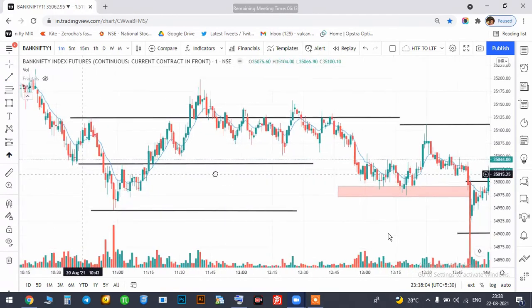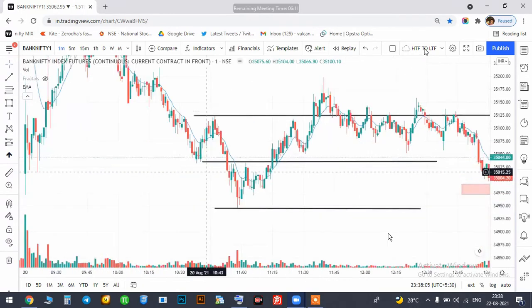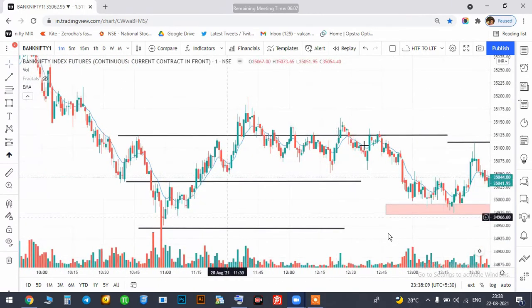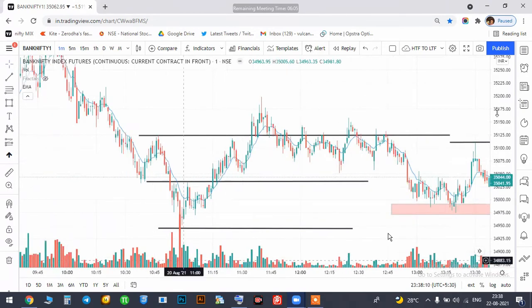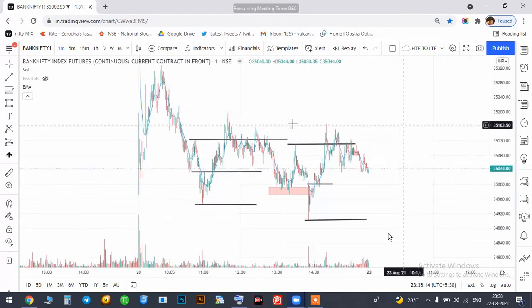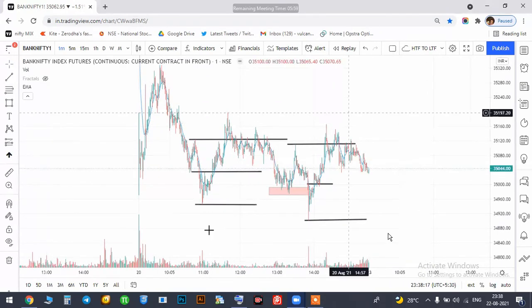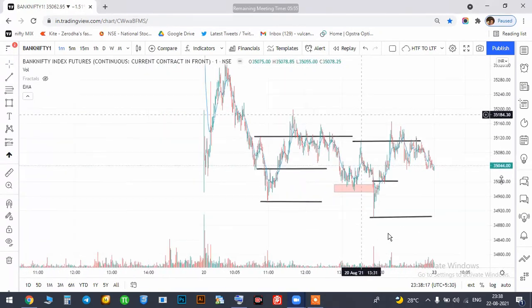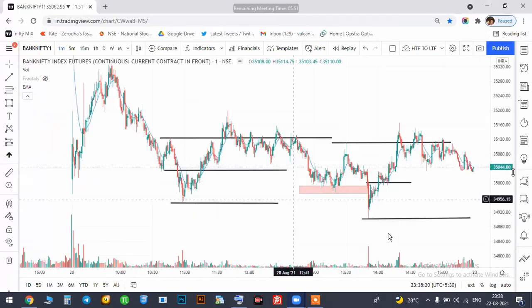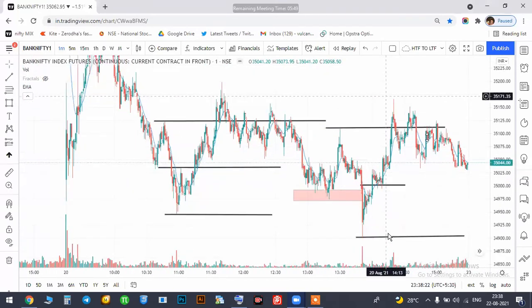Be careful with option selling too. On Friday there was a very bad incident, an 800 rupee move in the option, and option sellers had a 10 lakh loss, 2 lakh loss. That was very deadly. Avoid the 2 p.m. time, avoid Friday.